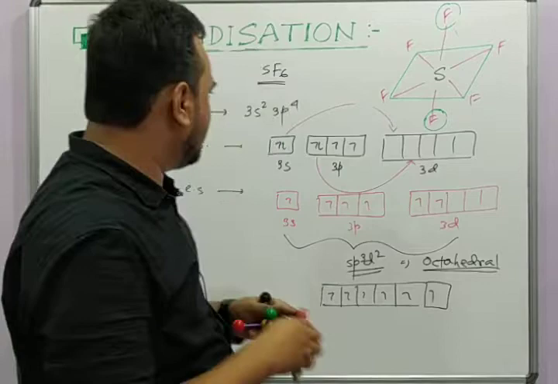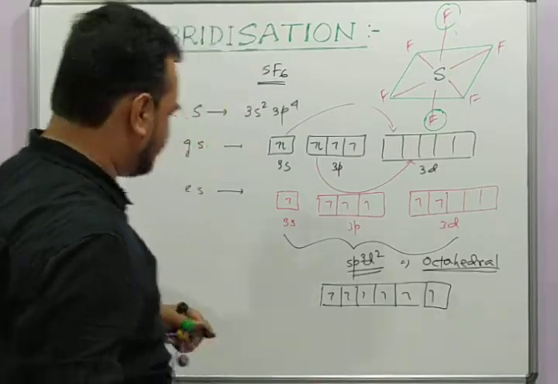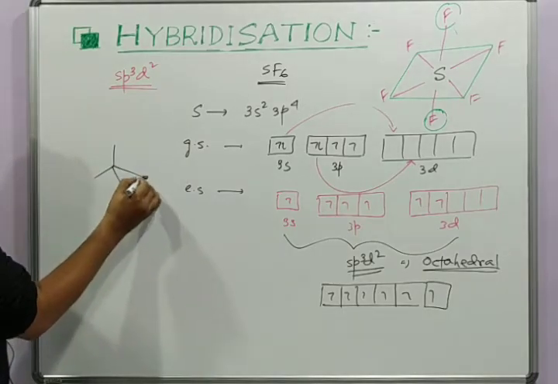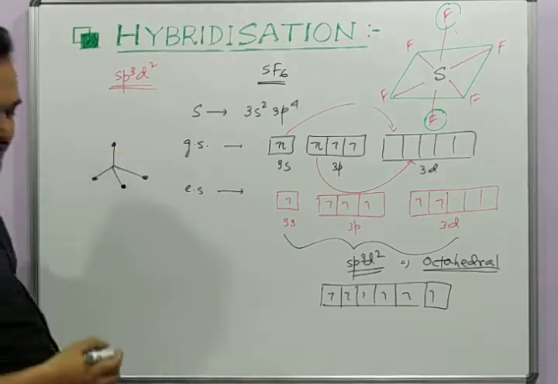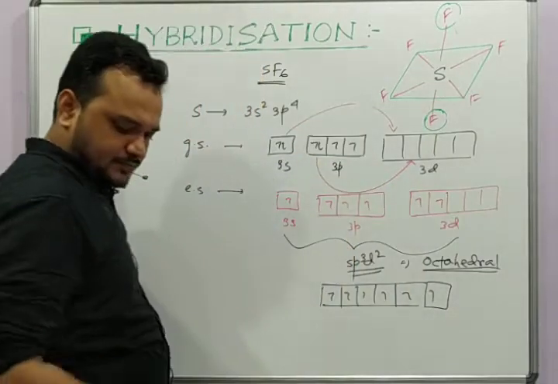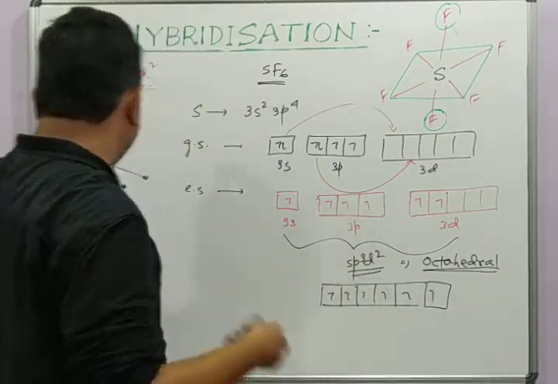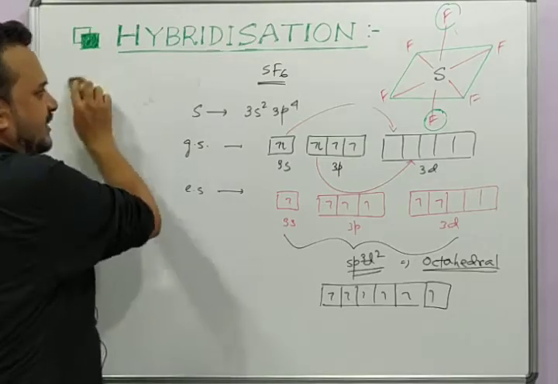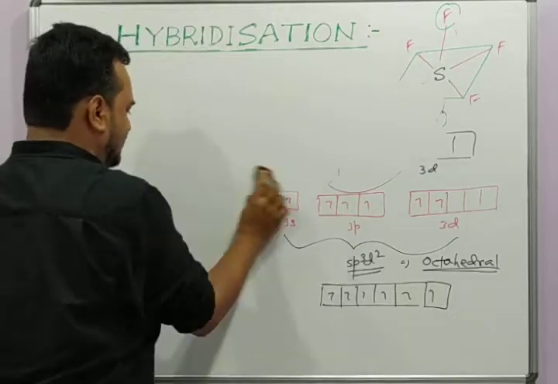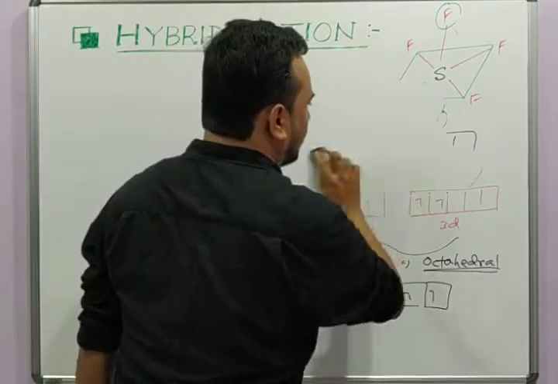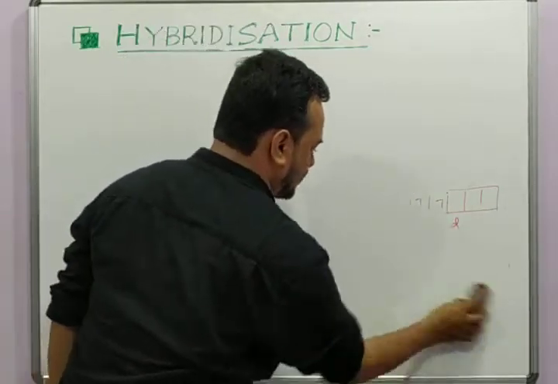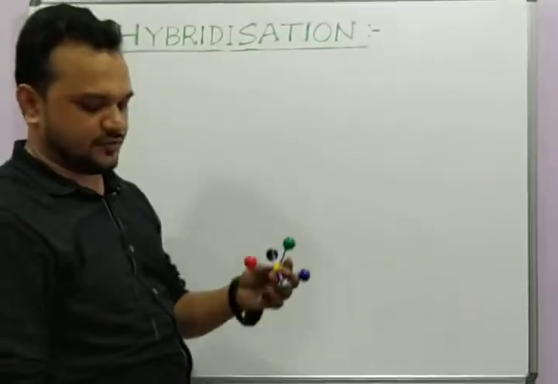If you see the geometry tetrahedron or tetrahedral, it looks like this, right? So how many vertices are there? 4. So it is known as tetrahedron. So here we have 6 vertices. So the name should be hexahedron, but it is called octahedral. Why? Here the word octa, denoting 8, is not the number of vertices. Then what is denoted by this word octa? Just look at the structure carefully.